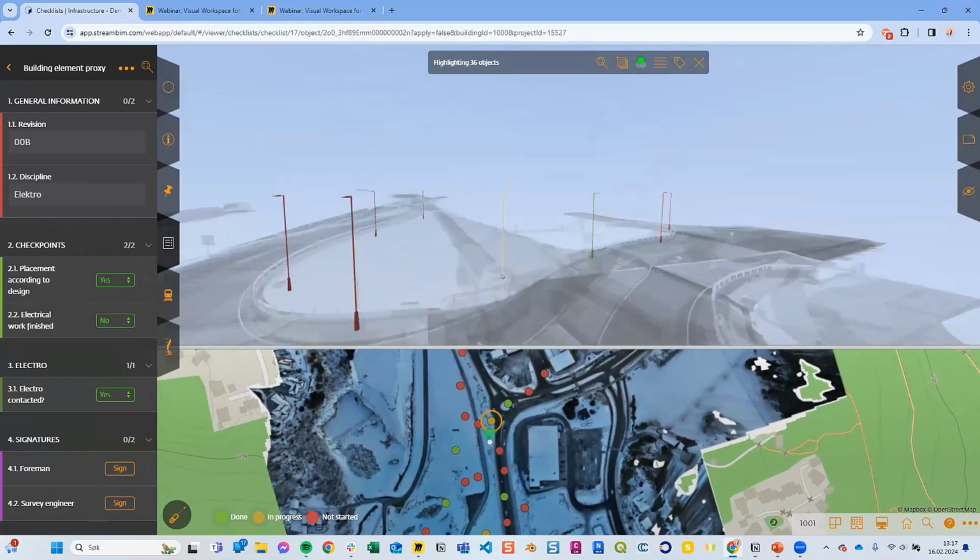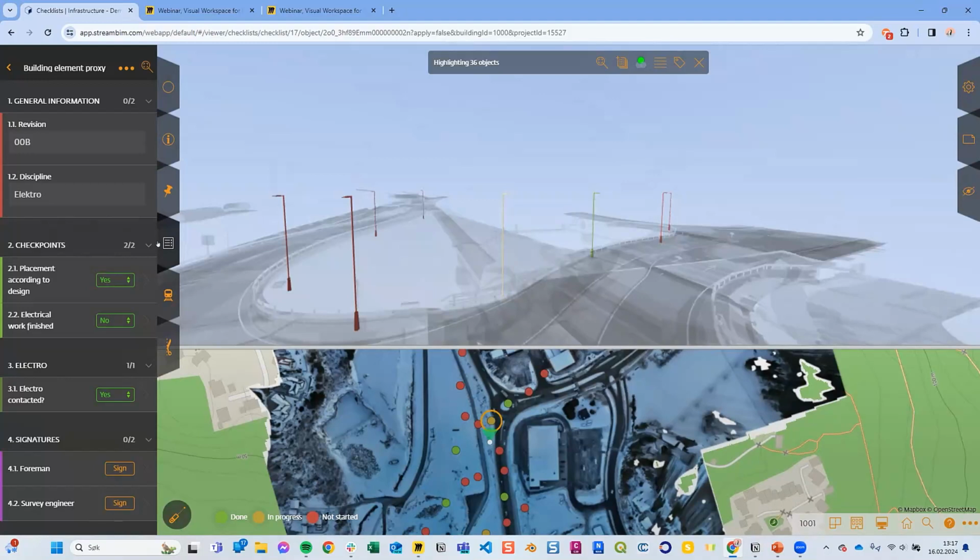So yeah, that is how we can work with the checklists in StreamIm, and also the test plans. The test plans can be used for several purposes. Quality assurance is one of them. You can just imagine you can do whatever you want with those. Have it as progress tracking for your work packages or anything else. Yeah, you set it up yourself.